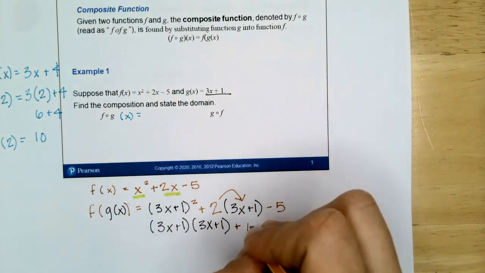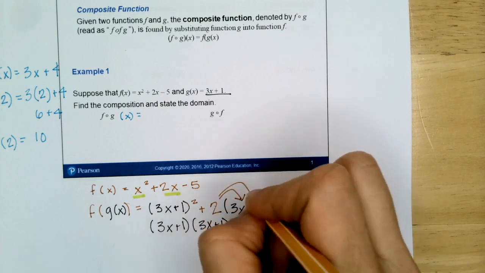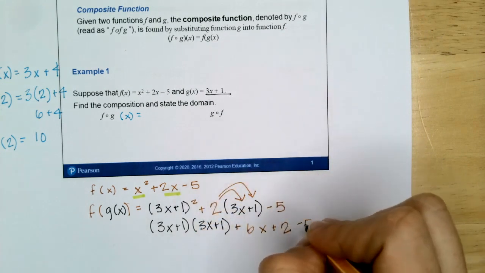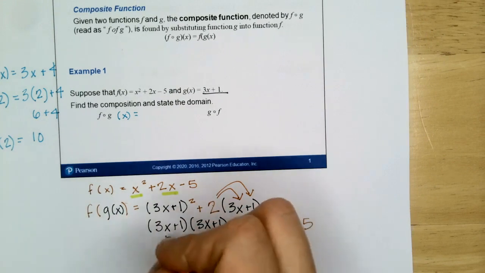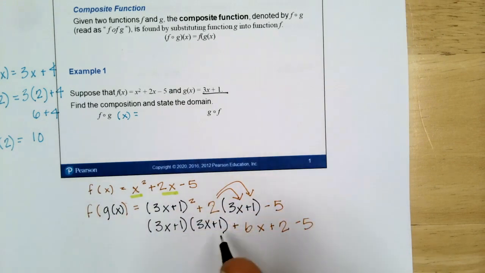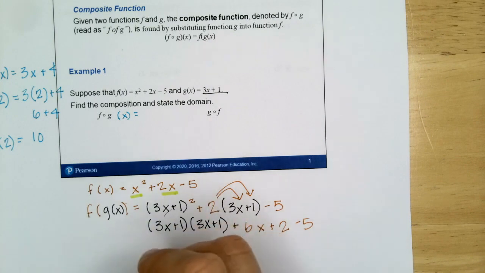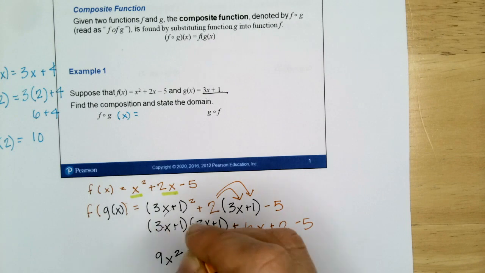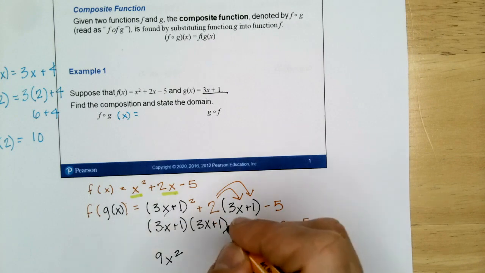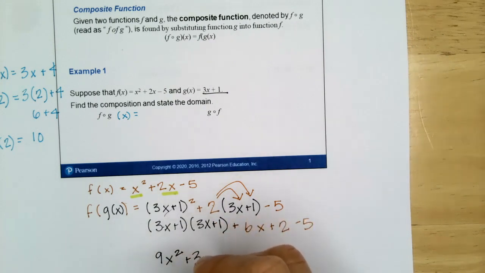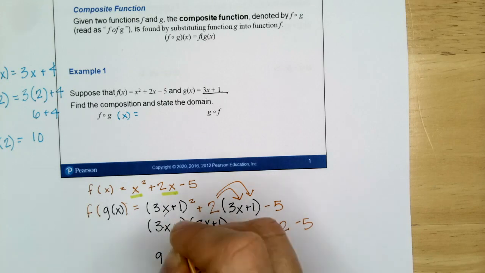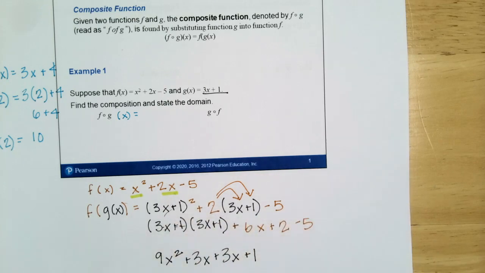2 times 3x is 6x. 2 times 1 is 2. Good. Now, it is the distributive property, but it's more of a FOIL, right? 3x times 3x, 3 times 3 is 9, x times x is x squared. So 3x times 3x is the 9x squared, 3x times 1 is 3x, 1 times 3x is 3x, and then 1 times 1 is 1. So 3x plus 1 quantity squared is 9x squared plus 6x plus 1